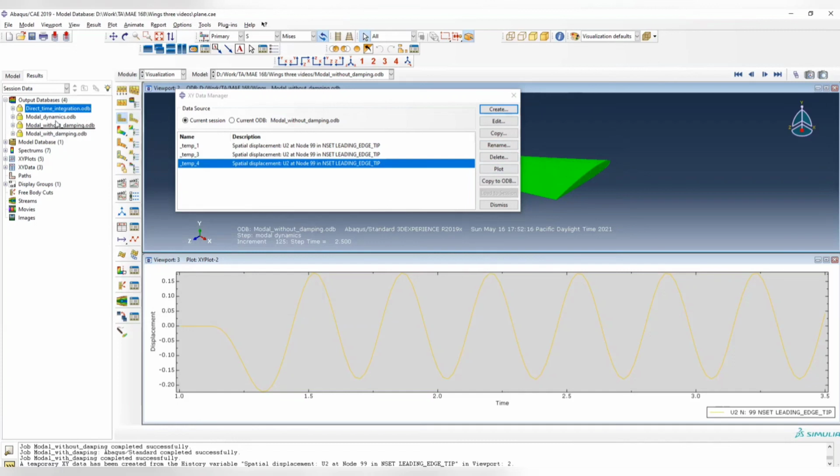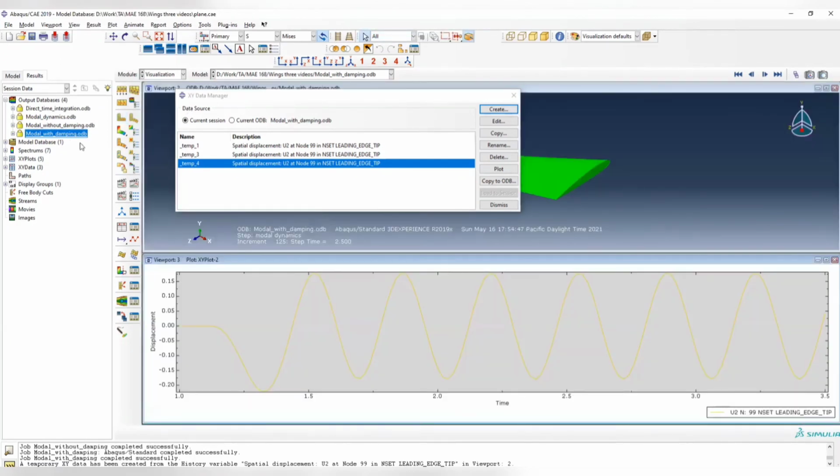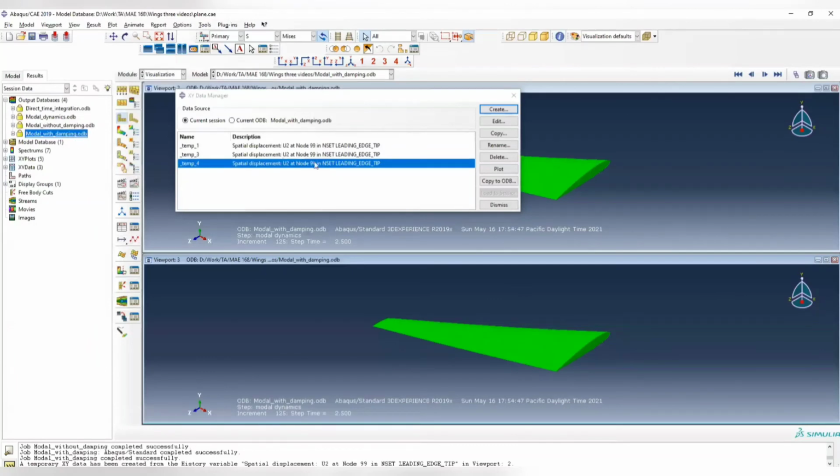This one should be with damping. Where's the with damping one? This one is with damping. Okay, so let's do it again. This one is without damping, and then